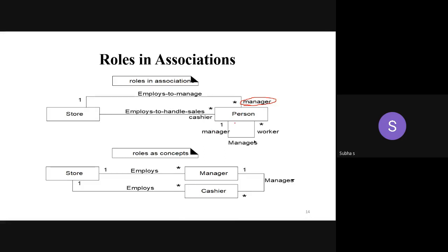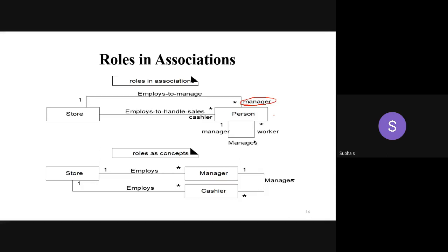So far we didn't see this one. I just mentioned only one role. A role can be associated with any class. Okay, faculty. The role of the faculty can be counselor. The role of the faculty can be what? Class in charge. Yes, you have to fix the proper role. So like that, there are different roles. That is roles in association.